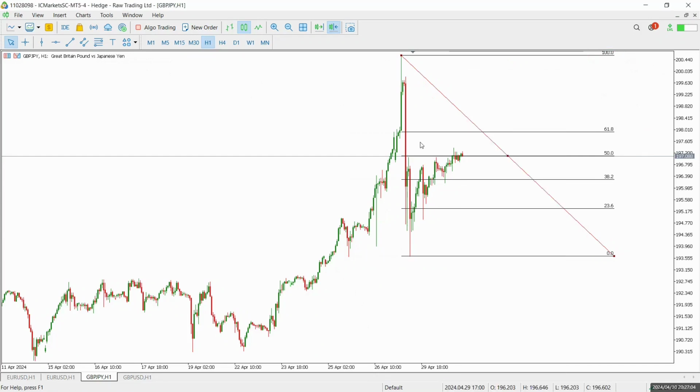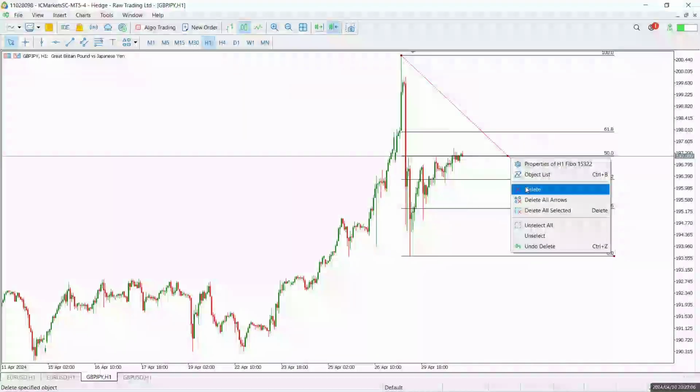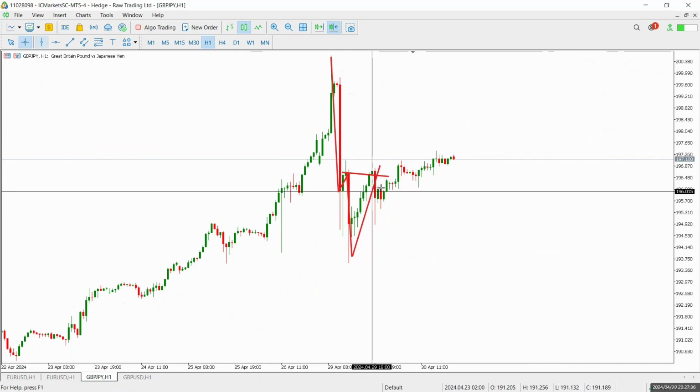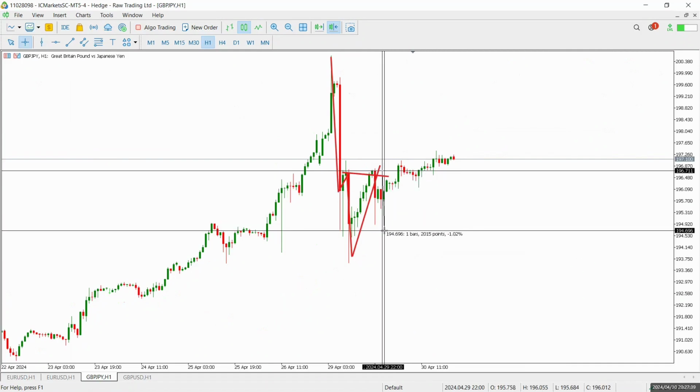Okay, so what did we do? The next thing we did was we identified the structure that brought prices down. Remember that the 1 hour or the 30 minutes are our entry time frame. So what is the structure? The structure is push, exhaustion. This is the last lower high right here. Then prices made a push and broke the structure right here. So as soon as the structure is broken by this candlestick, a buy is ripe on the 1 hour time frame. So you can actually buy here, put your stop loss here at the low for about 200 pips,